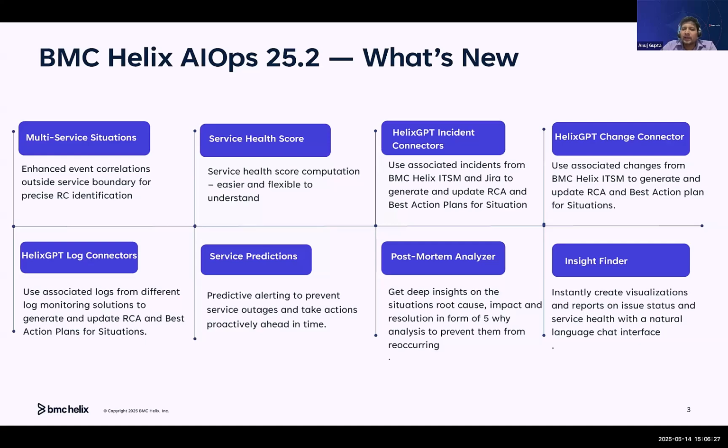The next set of enhancements are around our new HelixGPT based connectors, be it to get the incidents data, the changes data, or the logs data. We have built these connectors to get the data from Helix ITSM or from Jira to get the contextual information in context of our situations to troubleshoot and provide a much more holistic view of what the problem is, why it is occurring, what our events data tells us, what the incidents or the changes tell us, and what the information from logs is. So that's where all of this data gets